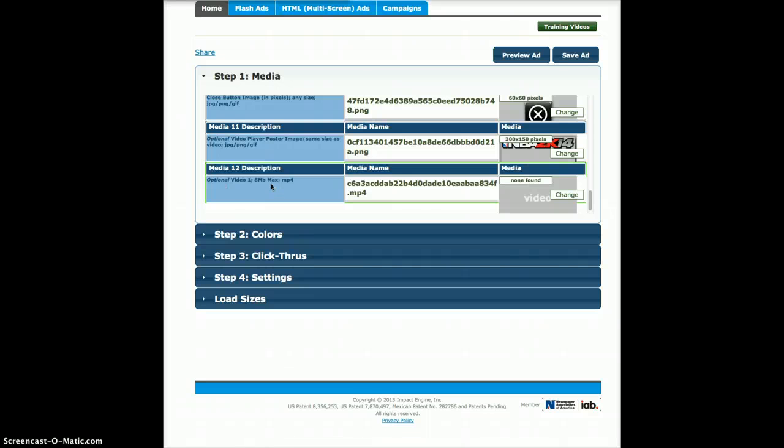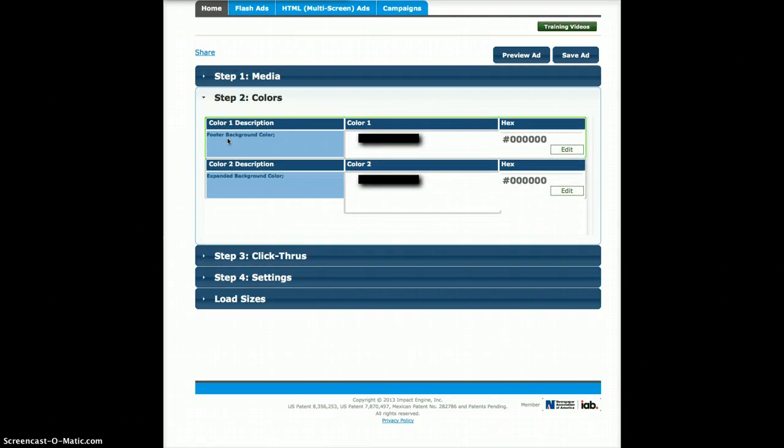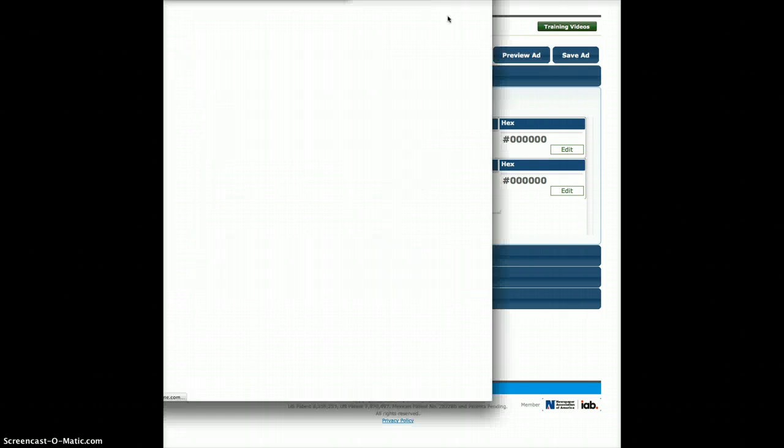And then finally, your video, as always, MP4, 8 megabytes max, and we recommend running it through the online video converter. So once you've uploaded your imagery here, let's come down to our colors. You'll notice there's a footer background color as well as an expanded background color. If you'll notice here in the preview,